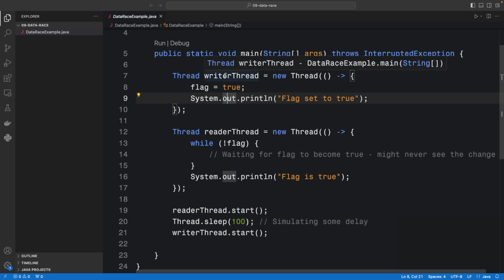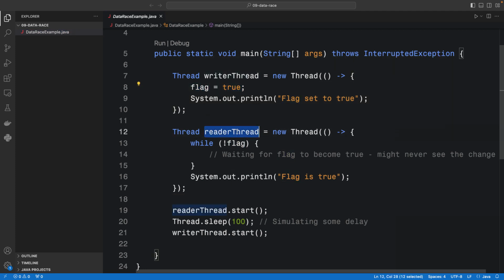Here we have a writer thread that sets a flag equal to true and a reader thread that keeps running so long as the flag is false. So the reader thread is going to start executing first, and then after 100 milliseconds, the writer thread is going to start executing as well. If we execute this code,